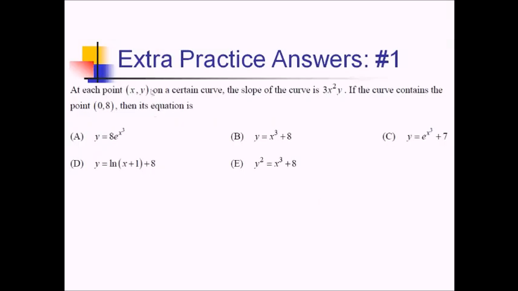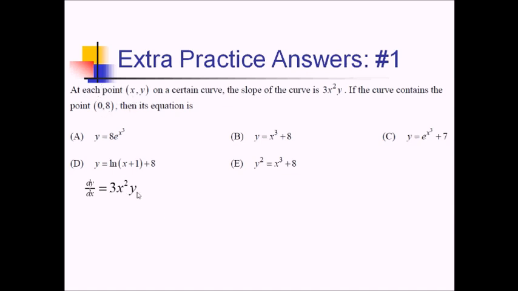For this problem, at each point on a certain curve, the slope of the curve is 3x squared y. If the curve contains the point (0, 8), then what is its equation? So this is essentially a differential equations kind of problem in disguise. If we're saying the slope of the curve is this, we're essentially saying dy over dx equals 3x squared y, which means we need to solve this for its particular solution that has the initial value of